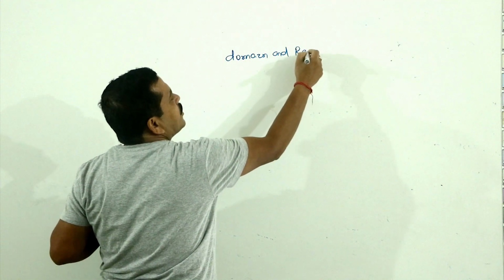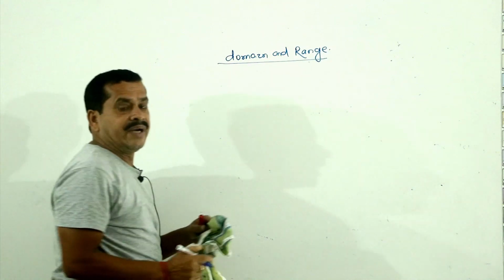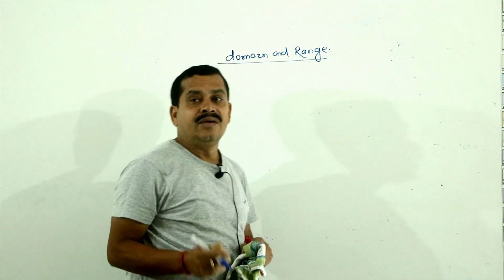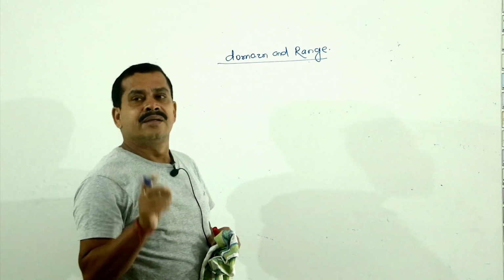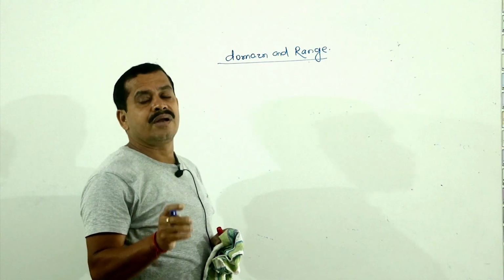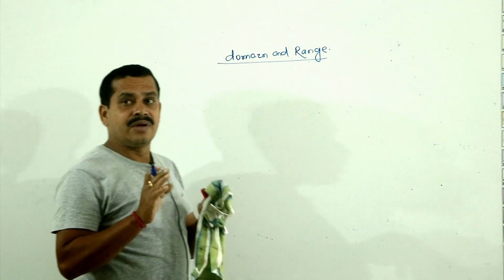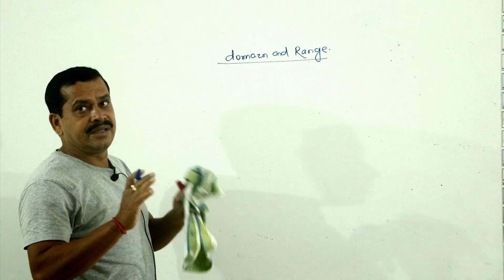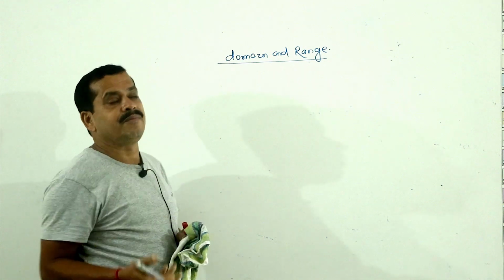Then our function chapter will be over. Then we will move forward to trigonometry. Very important: in first year, the main topics are relation, function, trigonometry and coordinate geometry. We have to have a clear idea in this chapter. Otherwise, we will face a lot of problems in second year.